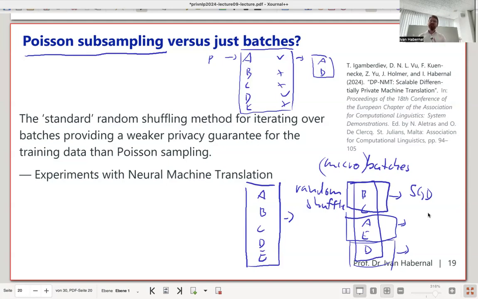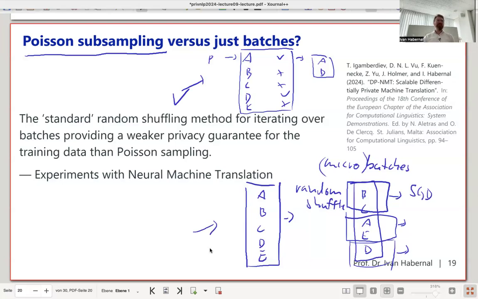Okay, so there is some randomness, but this is not the randomness we need for the formal proof of Poisson sampling. Poisson sampling says that for any update, if you want to subsample, you have to randomly decide for each example whether you're going to sample it, and then sometimes the batch will be size 2, sometimes size 3, sometimes the size will vary. There is no fixed batch, but you have to do this step to be really differentially private. So the good news is this is correct. Formally, there's a proof that it actually does what it claims. The bad news is